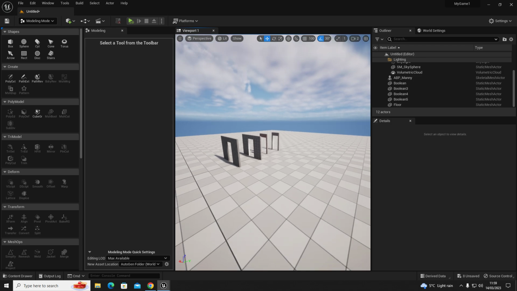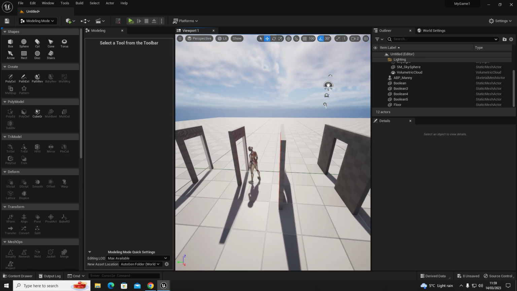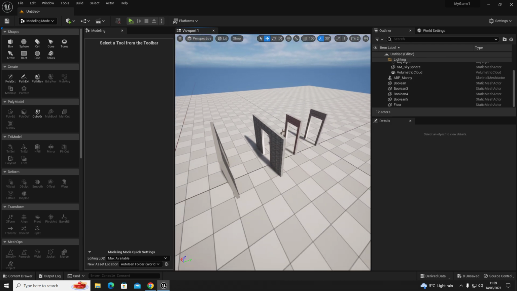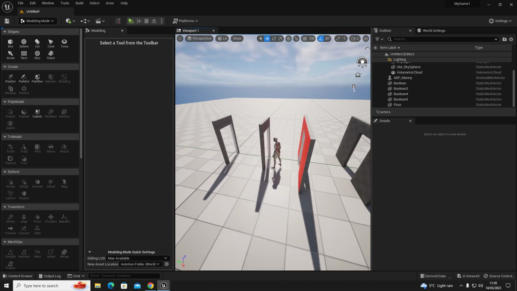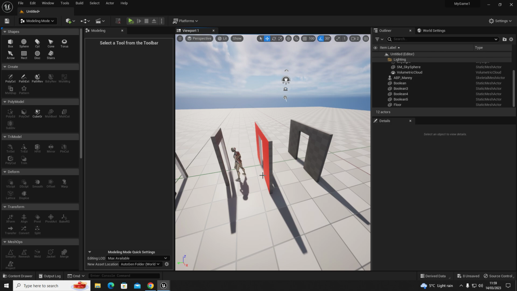But yeah, I hope these tips help. Setting up your scenes and creating your own door frames, just basically a simple level design tip there. You can do all this in Blender. You can create your